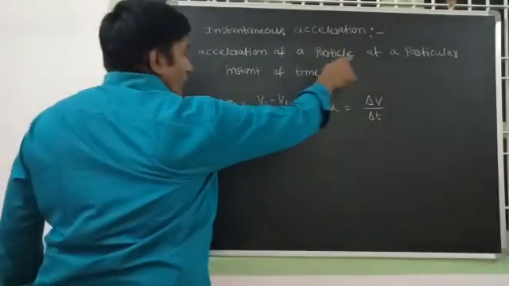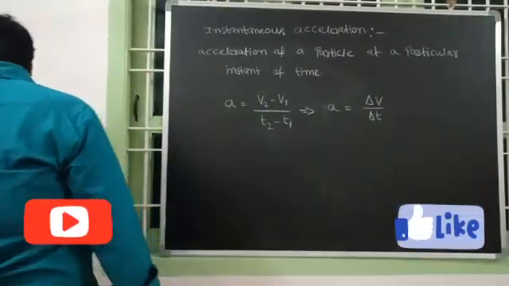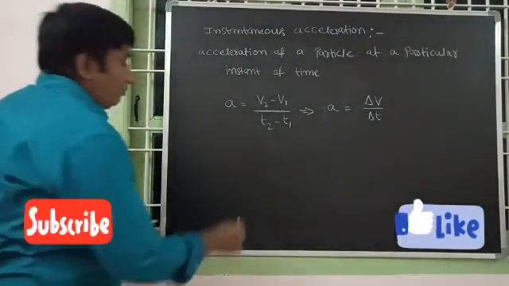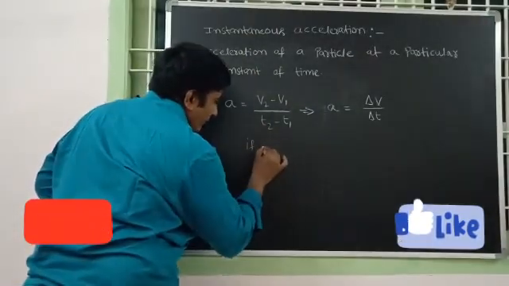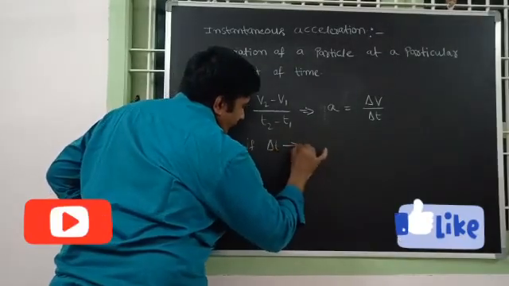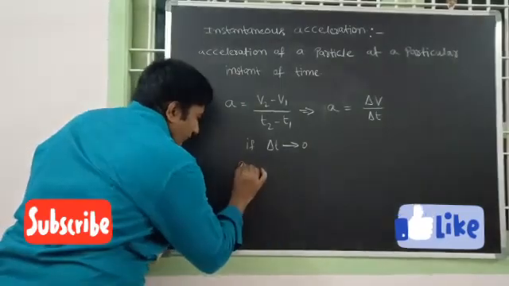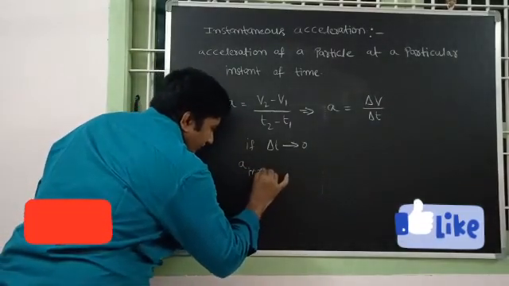At a particular instant of time, that means delta t tends to 0. If delta t tends to 0, but is not equal to 0, in such a case, instantaneous acceleration